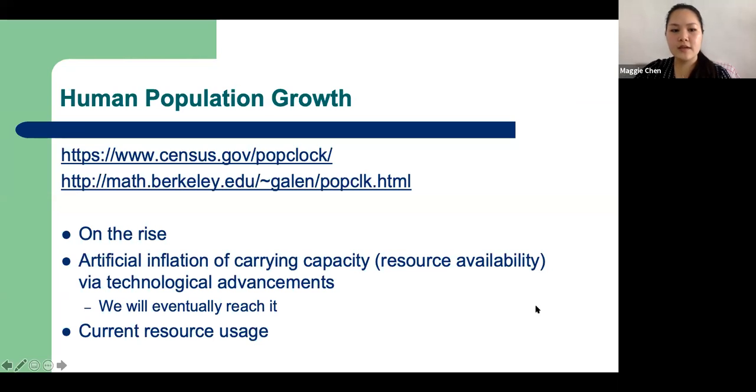So we see human population growth from two different population calculator websites, and it's on the rise. This is due to the artificial inflation of carrying capacity. We saw from last lab that carrying capacity changes based on different variables. For us, there's this artificial inflation where our carrying capacity is now higher than normal because